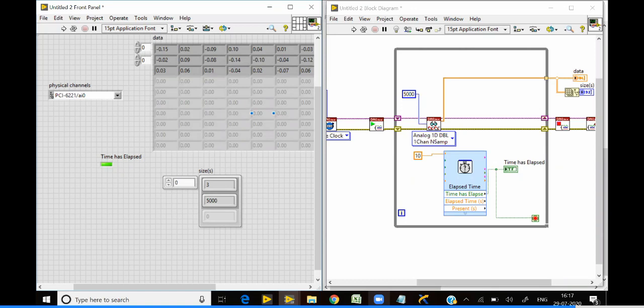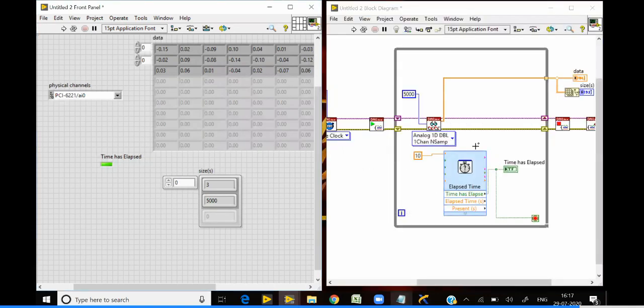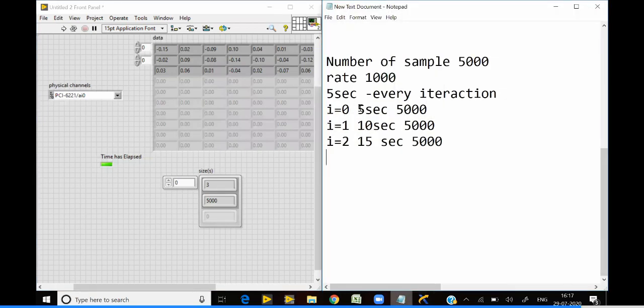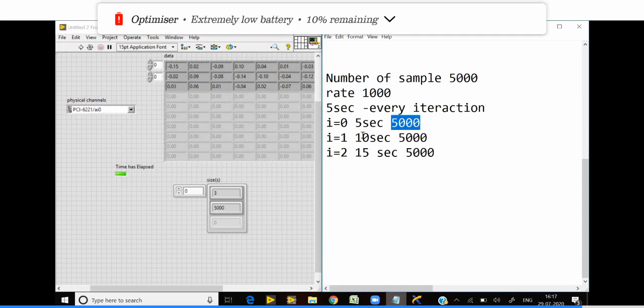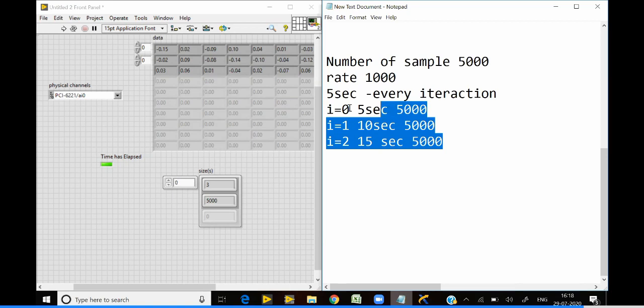Okay, so can you get it now? Is the explanation clear? So I'll explain it once more. Every iteration takes 5 seconds. This program inside the loop will take 5 seconds, so i equal to 0, 5 seconds, 5000 values. That is the first row. i equal to 1, 10 seconds, again 5000. i equal to 2, 15 seconds, again 5000 values. Since it is a while loop, it will